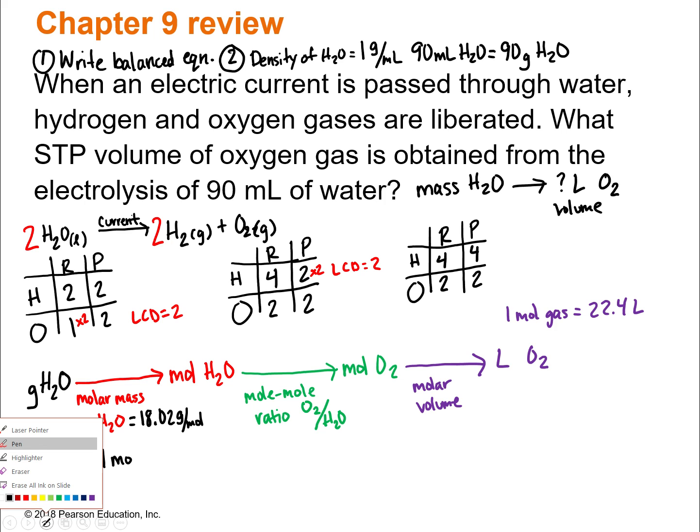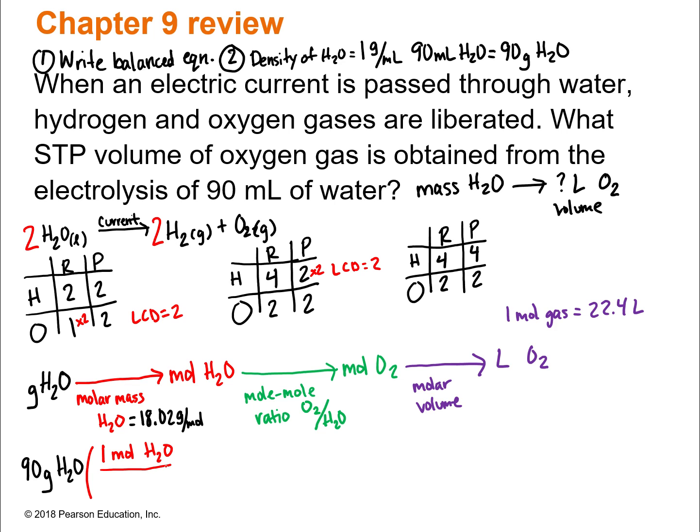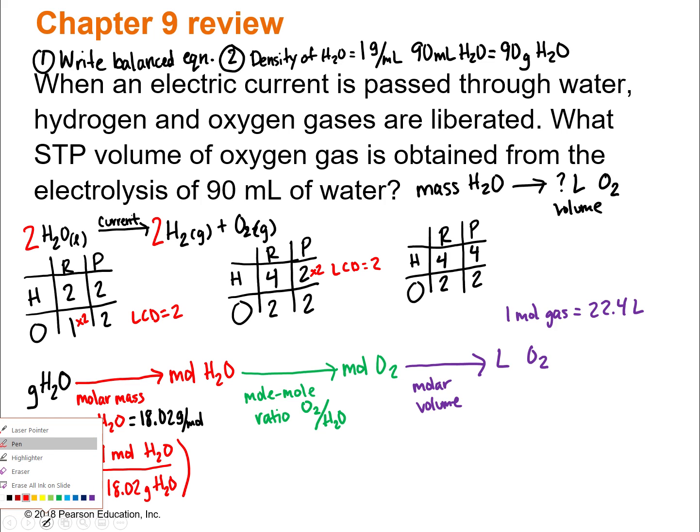I'm supposed to be using different colors. So that's the molar mass, and that'll get us to moles of water. Now we've got to do the mole-mole ratio, and we're going to go to our balanced equation